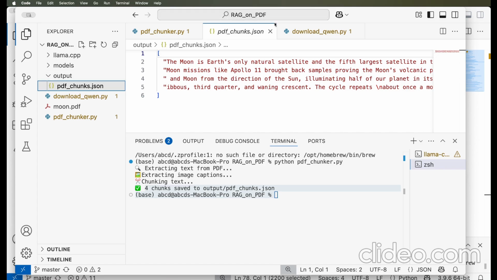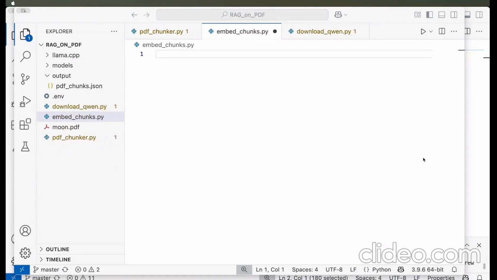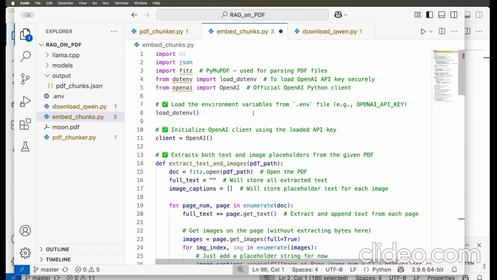Fine. Now let's proceed. So what I'm going to do now is we have already done the PDF chunking. Now we will be doing embedding the chunks. For this, I have the code ready with me, and I have pasted it here. Let's see now